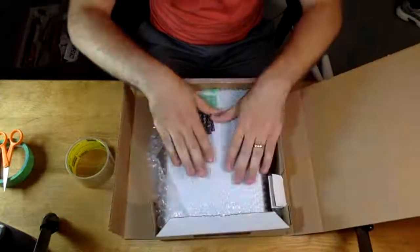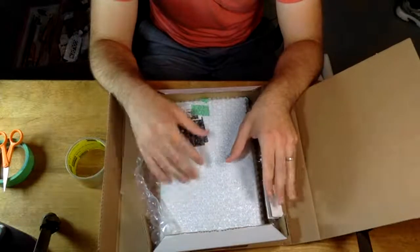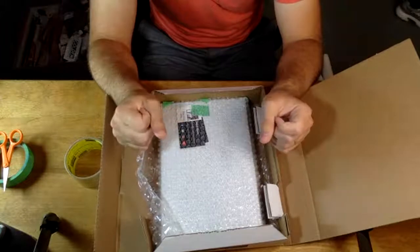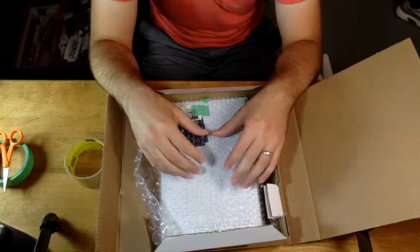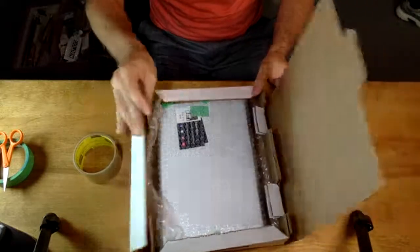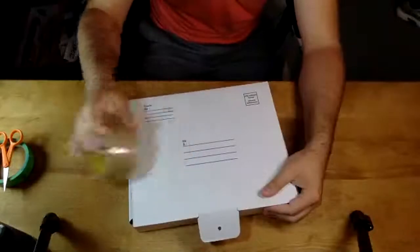But I still need to insert a few documents in here. I need to put in a certificate of authenticity for the collector. And I also need to put in just like a declaration of goods, like what it is. And then tomorrow when I print off the barcode, just to protect it,